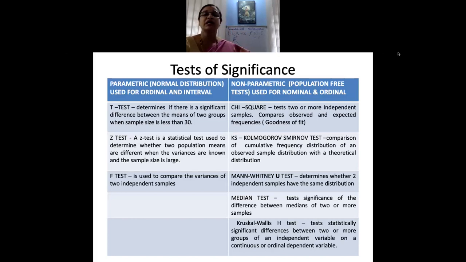Please remember, in case of hypothesis, there are only two things that you will have to find out: either the significant difference or the relationship. So my null hypothesis will be there is no significant difference between the IQ level of male and female. So I have male as one group, I have female as another group. I find out whether there is a difference between the means of the groups. And this is the t-test that we are trying to do.